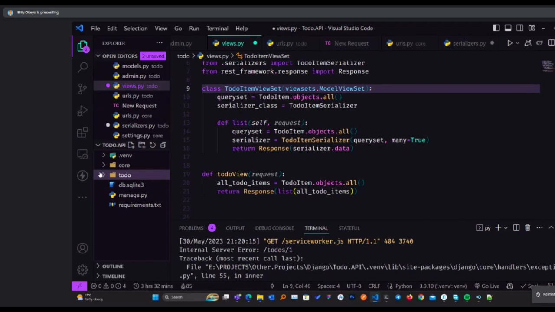So yeah, but I don't think there's that provision whereby you can choose to get rid of some of the things. I think after it has generated, you can choose to get rid of things that you don't want yourself. But it's not something that's worth doing, because it gives you the basic things that Django needs.